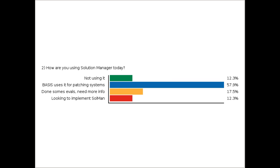So Solution Manager is definitely something that every organization that is running SAP should be leveraging, because SAP has spent millions of dollars developing this tool just to make your life on the side of managing your solution easier. So that is good, and let's proceed with